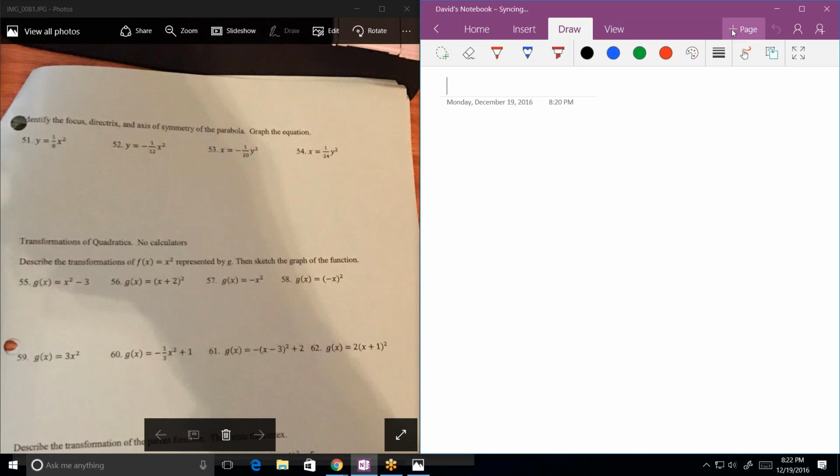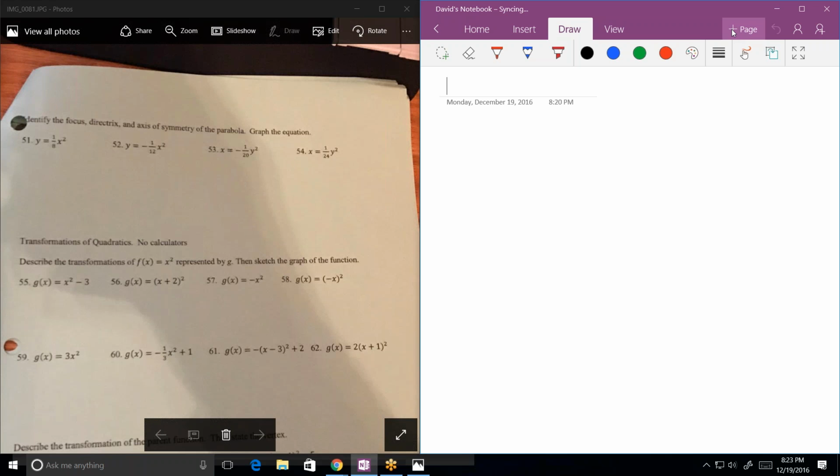Instead of calling it a vertical reflection, because I don't think your teacher's going to accept that answer, reflection over which axis? What is a vertical reflection? Over the y or x-axis. Okay, and the 1/3 is a... What does it do? Shrinks. Vertical shrink. So what we have here is a reflection over the x-axis,